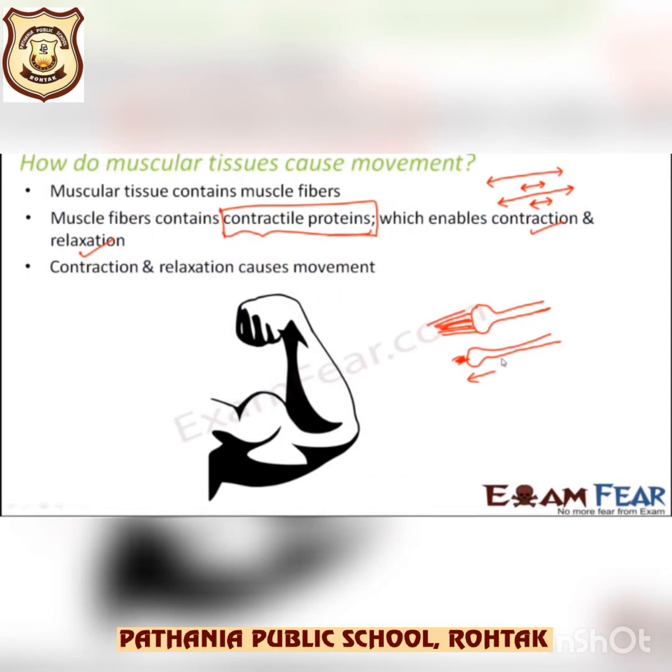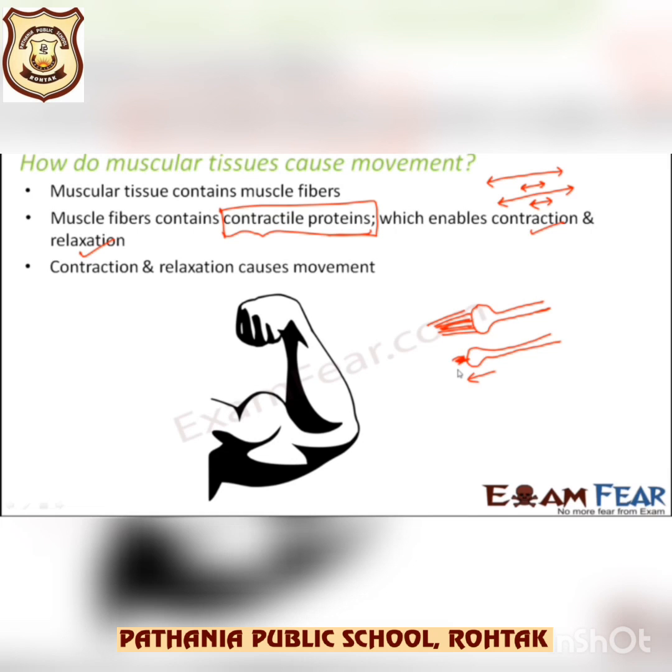So the muscles joined to our bones work in pairs. When one muscle of the pair contracts, the other muscle of the pair is stretched, or you can say relaxed. The stretched state of a muscle is called the relaxed state. A contracted muscle cannot come back to its original relaxed state on its own. It can come back to its original state only when the other muscle of the pair pulls it back by contracting itself.